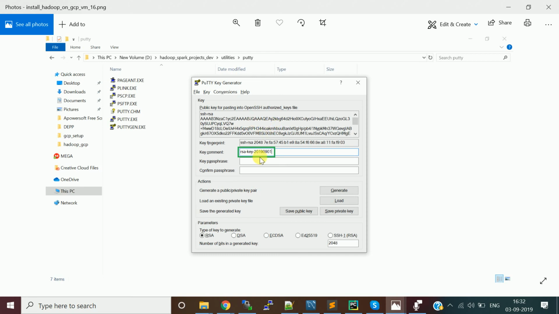Now if you look here, there is a first grey area where it says key fingerprint, and the next field says key comment. By default it comes with some text. Now what you need to do is put your username here in the key comment section. For example, my username is